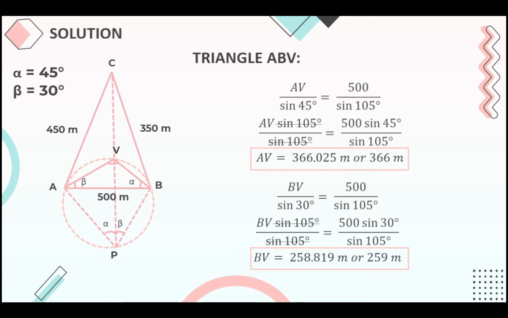The same process for BP. We have BP over sine 30 degrees equals 500 over sine 105 degrees. So the distance of BP is 258.819 meters or 259 meters. So for the next step,